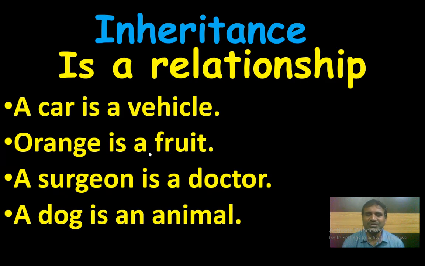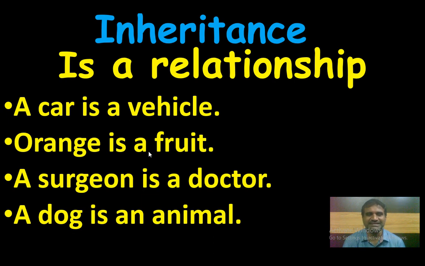So inheritance is also called an "is-a" relationship. If you see the four examples here: car is a vehicle, orange is a fruit, surgeon is a doctor, and the dog is an animal. Here, the vehicle, fruit, doctor, animal are providing the basic facilities, which are also called base classes, parent classes,